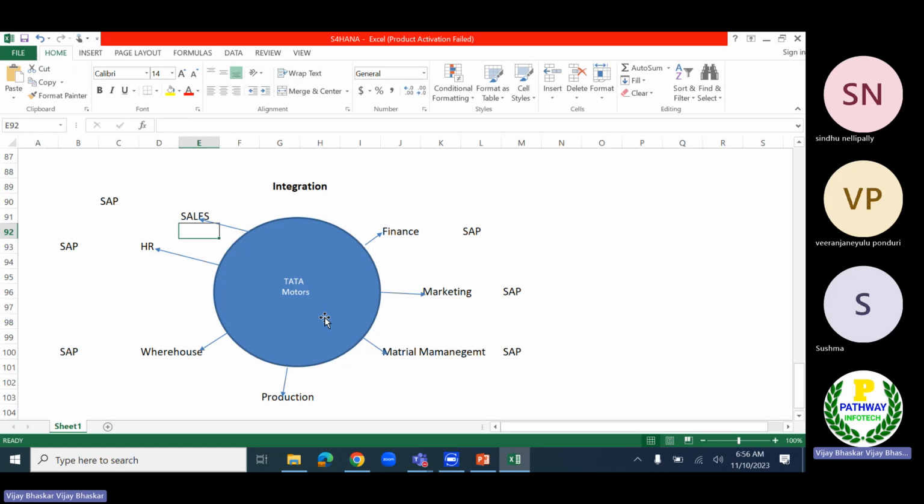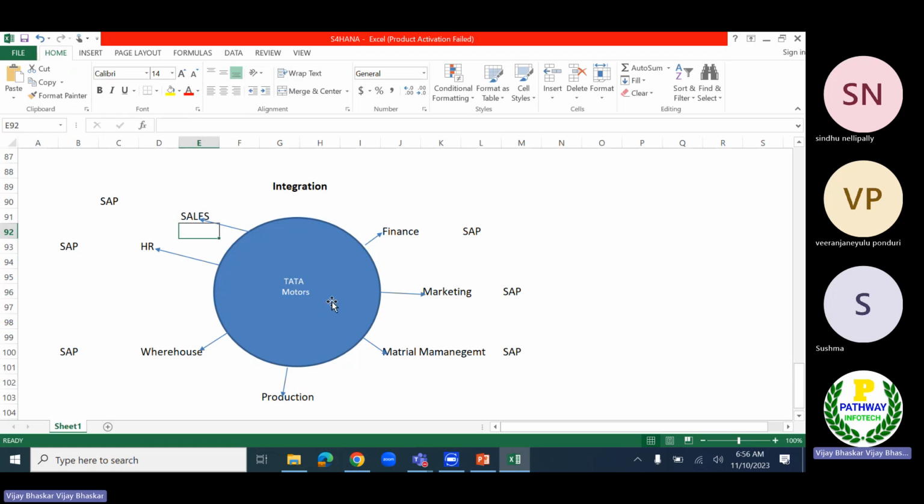Each and every department will have an authorization that depends on the requirement. But the first thing is that they all have one central common database to feed the business transactions.